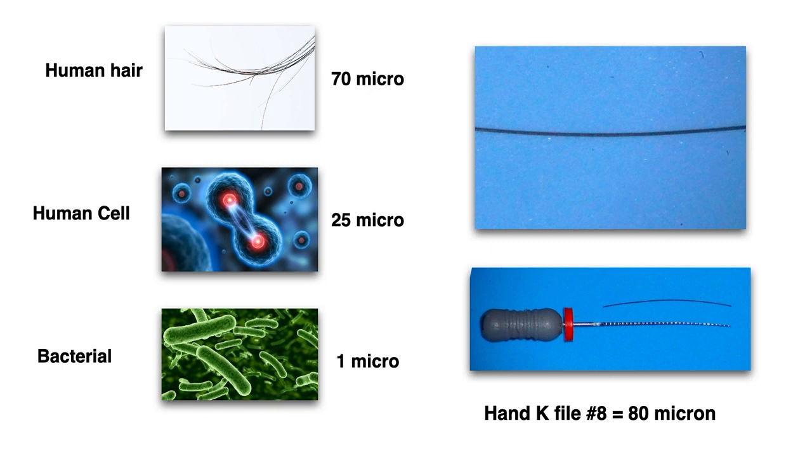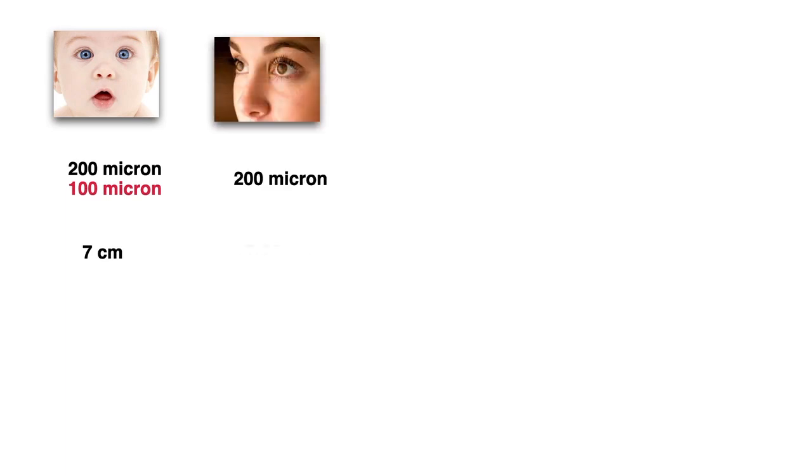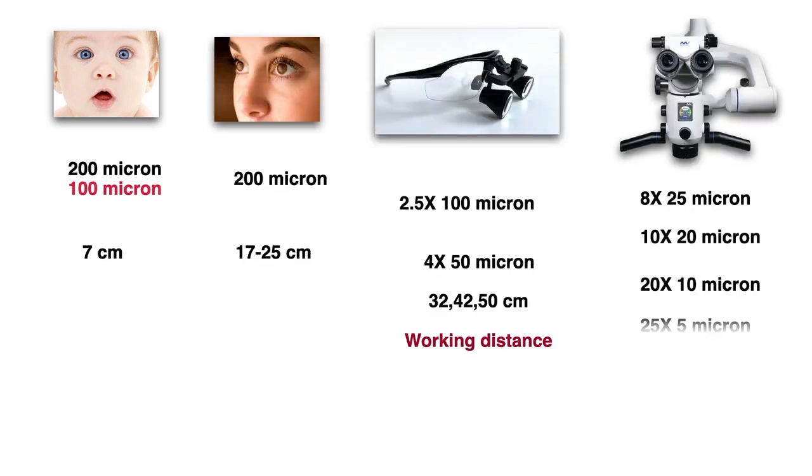This is just to satisfy you that this is fact, that we are dealing with micro things. I also want to show you another important fact about human eyes, that babies can see